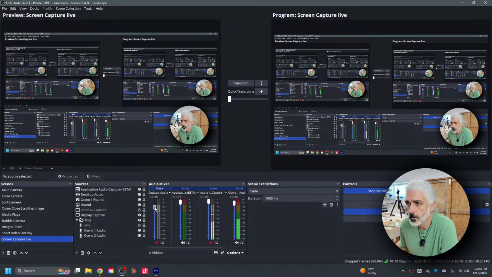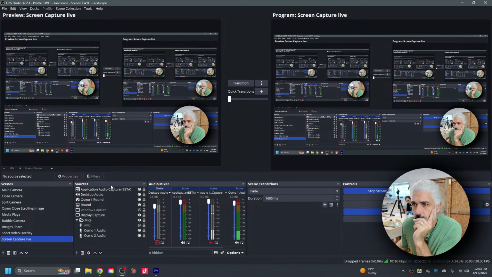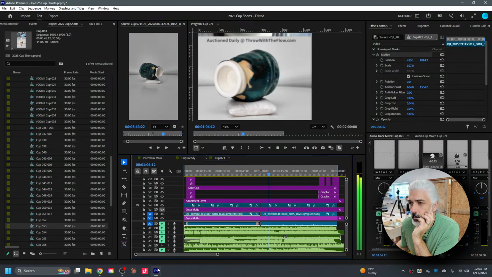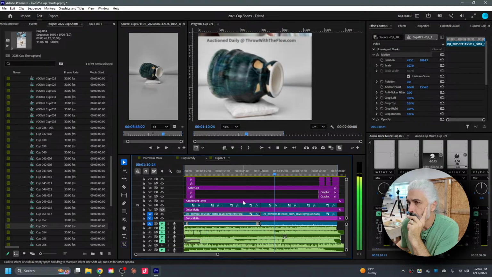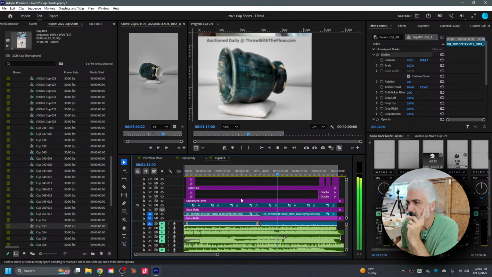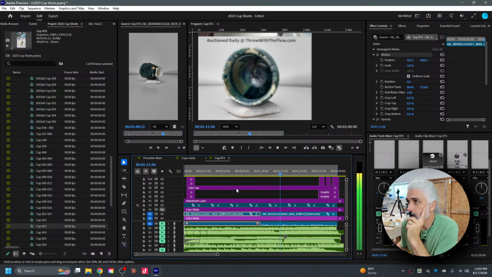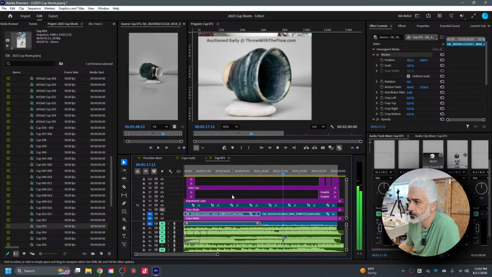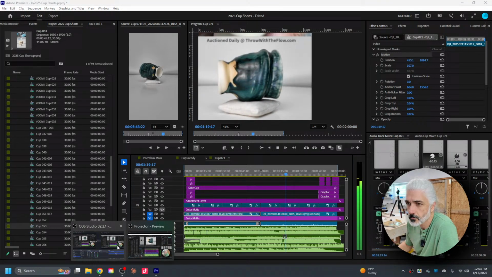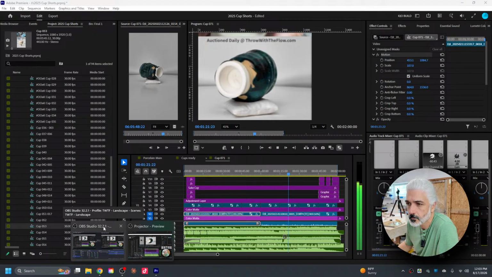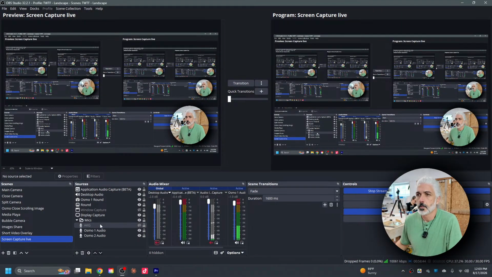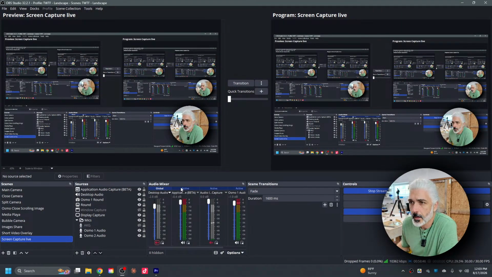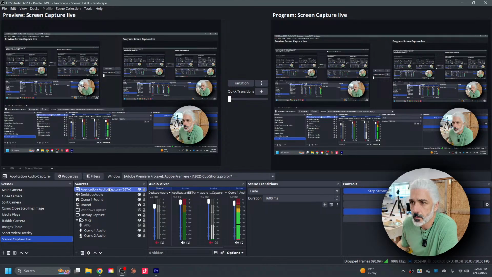Check. The application audio is not working. It does say beta.